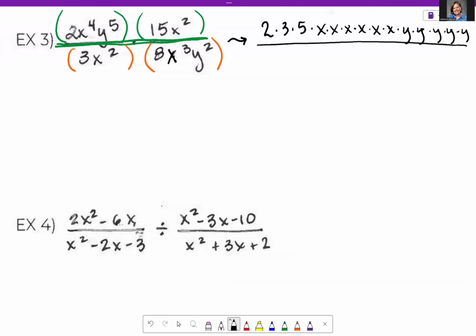In the denominator, I have 3 times 8, which is 3 times 2 times 4. That could be factored further. And I have x squared, so 2 x's multiplied, and x to the third, which is 3 x's multiplied, and then y squared. My goal is to match up the factors in the numerator and the denominator so that I can write as many ones as possible so that I